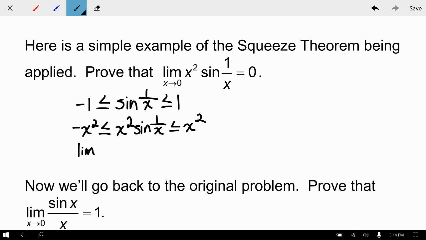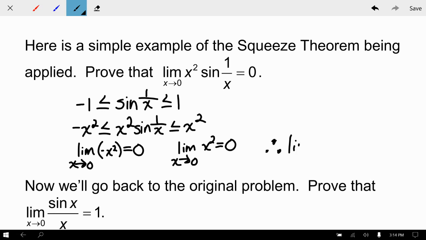Well, the limit as x approaches 0 of -x squared, what would that be? Well, that would be 0, right? Because -0 squared is just 0. And I know the limit as x approaches 0 of x squared is also 0. So those two things are true. So since those are true, I can say therefore, and remember those 3 dots in a triangular configuration, that means therefore. So therefore, the limit as x approaches 0 of x squared sine 1 over x,